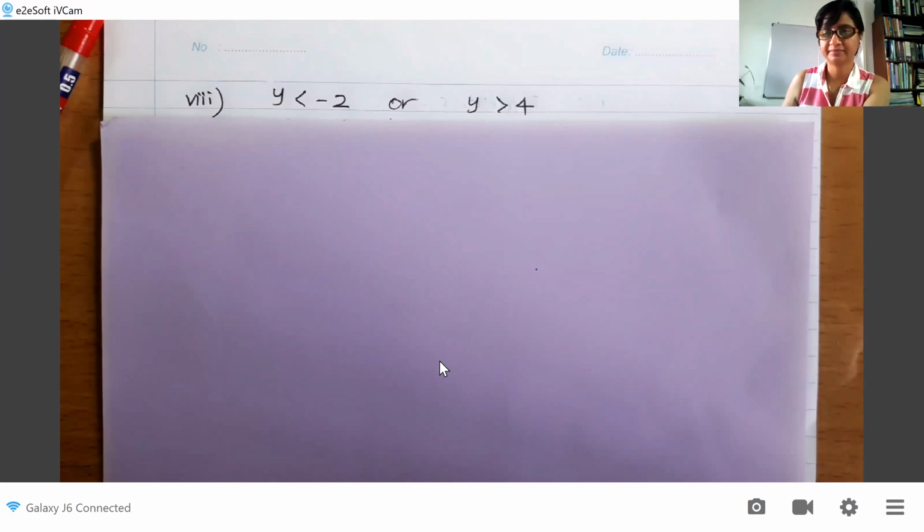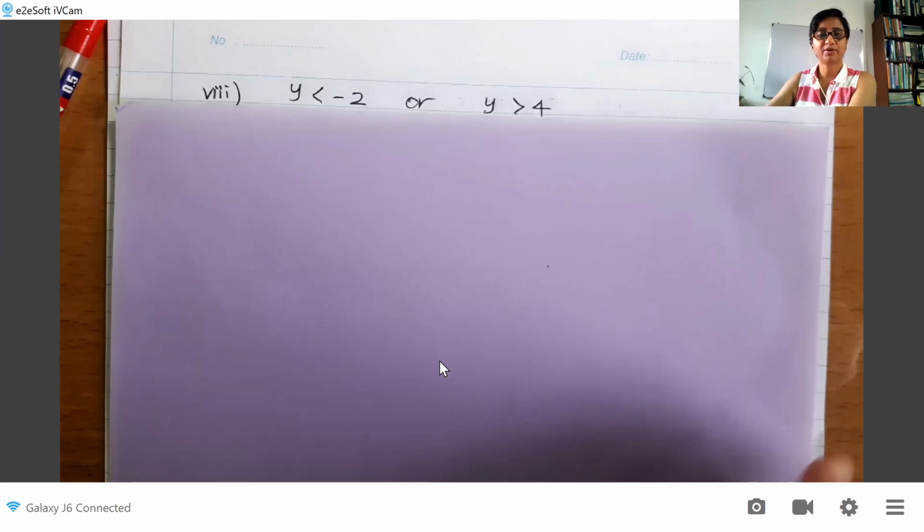Hope you have that. Yeah, that's part 8, no? Part 8. It's already in factorized form. You have nothing to do in that. You just straight away sketch the parabola, isn't it? That part 8 inequality, no, I'm sorry. If that is an 8,